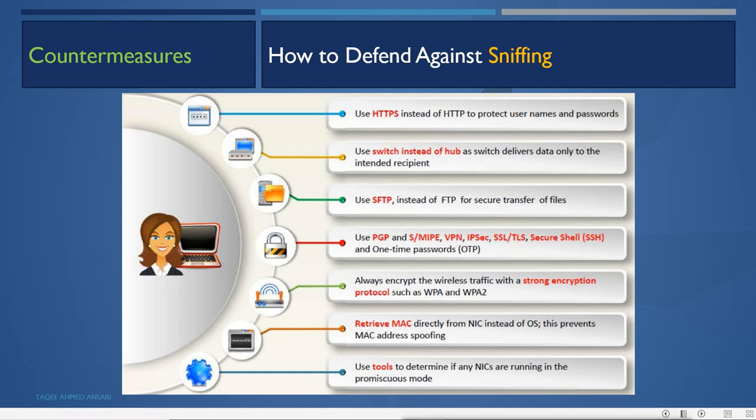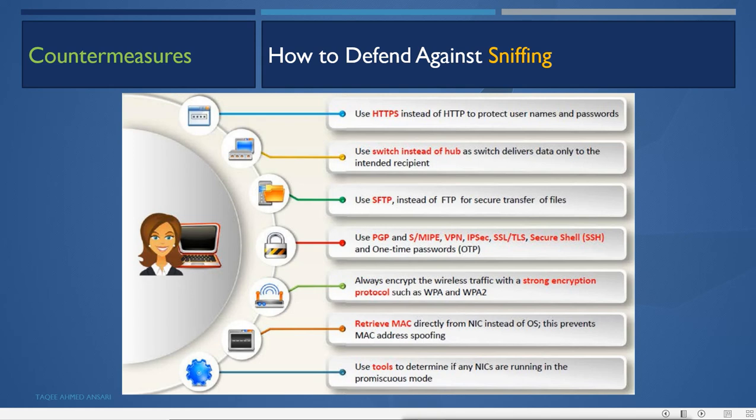So basically, to provide security against sniffing, the main thing is to use encryption technology, so that if the hacker is able to sniff the data, they should not see what is going on exactly, because all the data will be encrypted.